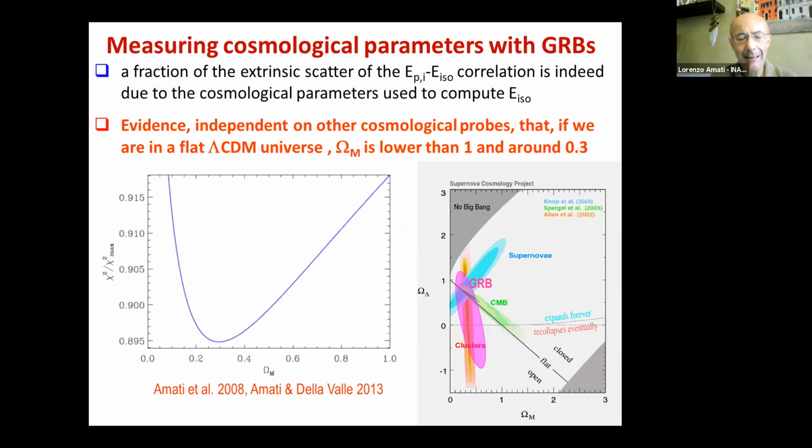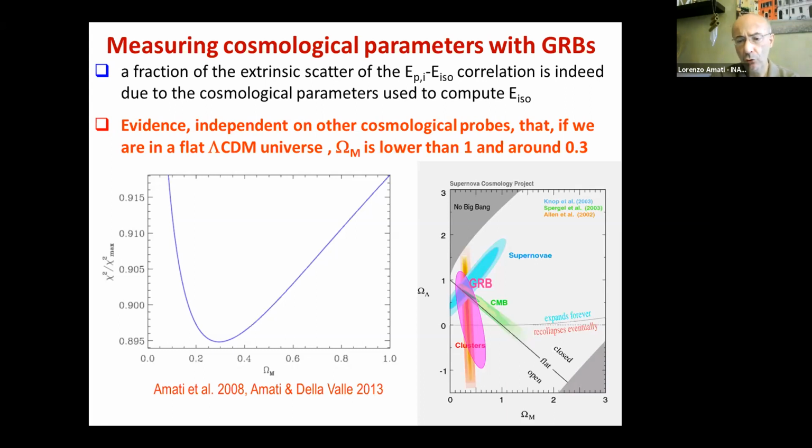So this means that if we didn't know anything about type 1a supernovae, but simply assume a flat universe, as is direct evidence from the CMB alone, and the main expectation from inflationary models, from gamma ray bursts we have independent evidence that if the universe is flat, omega m is around 0.3, so the universe is actually accelerating. And this is a very powerful demonstration. Then you can do much more.